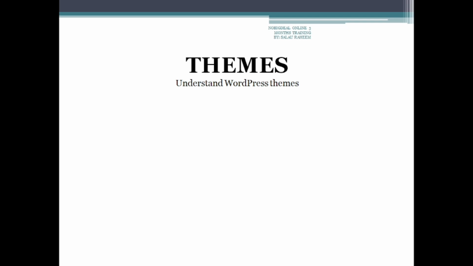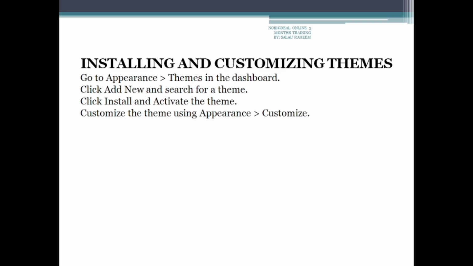So these themes define the layouts. That means how your pages will look. The colors, if you want to change it to black color, and the fonts, we do that under themes. So how do we install WordPress themes?